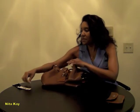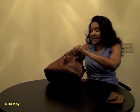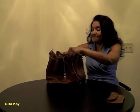Okay, let me move on. I'm talking too much. All right, so I really like this bag for fall. Quintessential Dooney, moving on. Now we're going to go to my next visit to the outlet, which would have been,